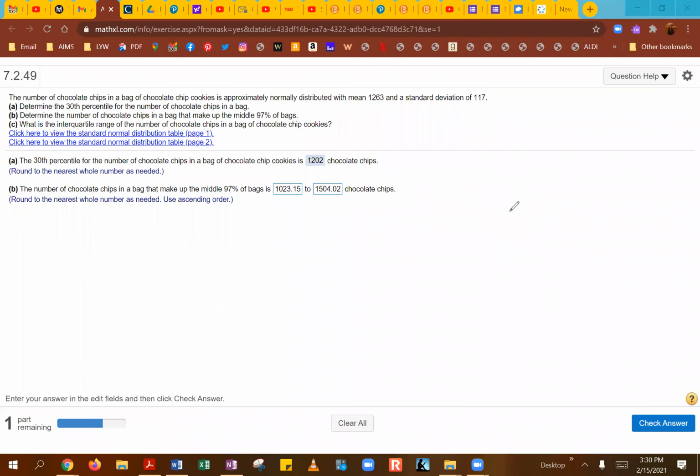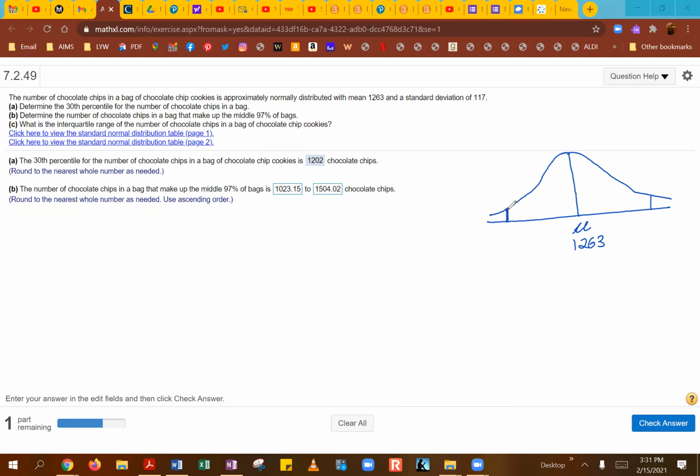Okay, so we are interested in finding the middle 97%. So here's our mean right in the middle. This is of course our normal curve. So right in the middle is our mean of 1263. The middle 97%, so if we know the entire normal curve is 100%, so if the middle is 97%,